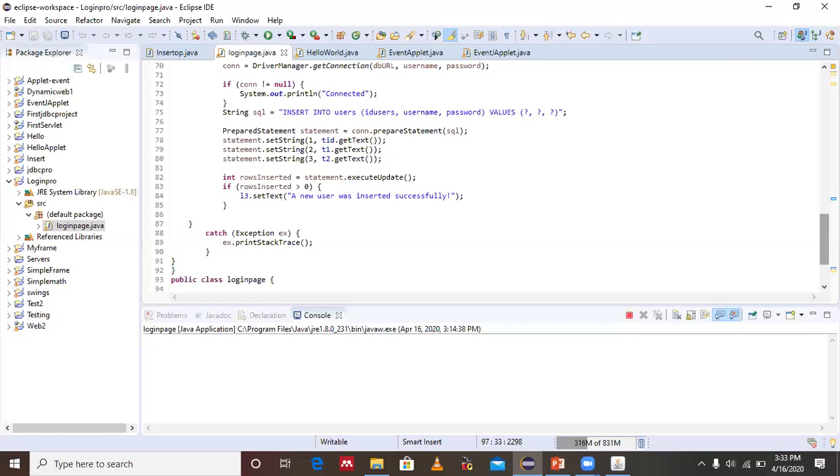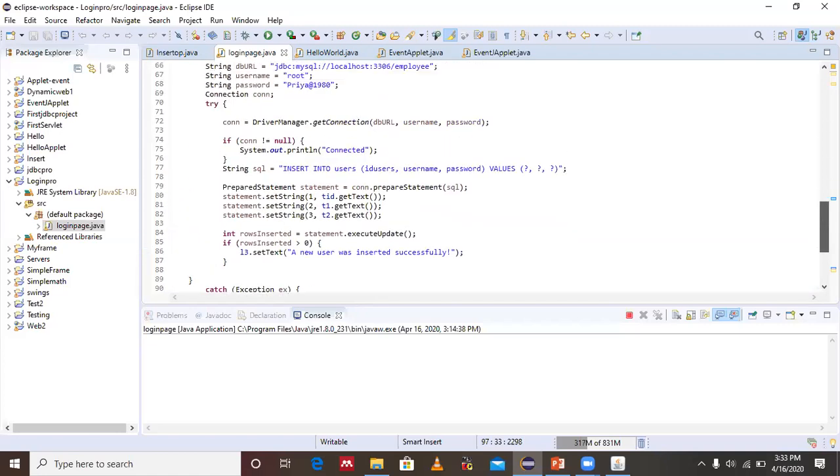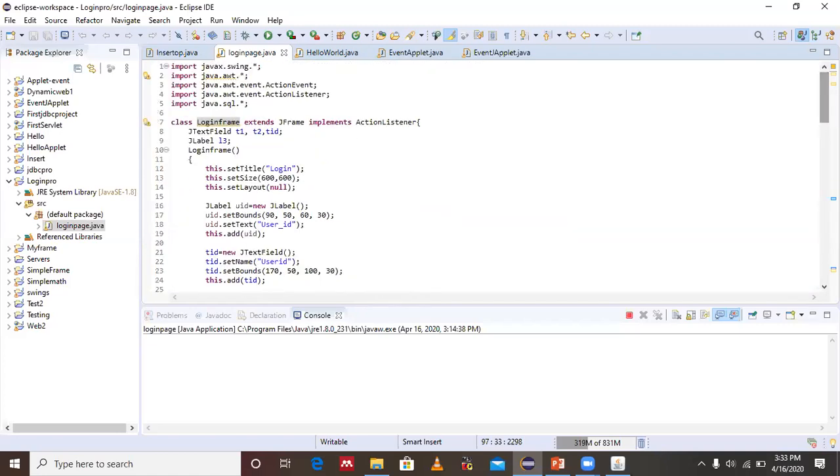What I have explained today is the Swing or GUI based application. You have to do a similar kind of project. Create the interface with the help of Swing, and connect the database. It can be MySQL or Oracle.